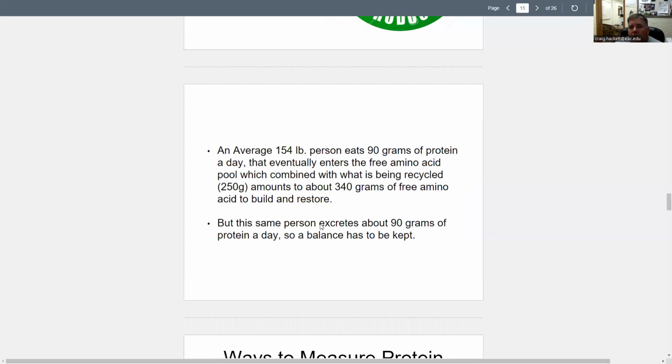So that's where you get your numbers from. That's where we understand that it's about 0.8 grams per kilogram to replace our proteins. If you want to make it really simple, it's about a gram per pound, which isn't really accurate, or a gram per kilogram, sorry. That's what most people go for, but it could be just a little bit high, but that's a safe number.